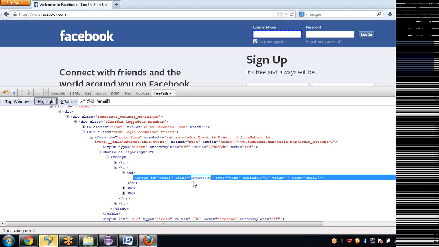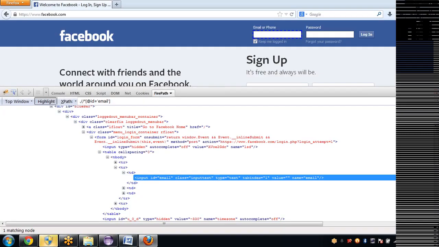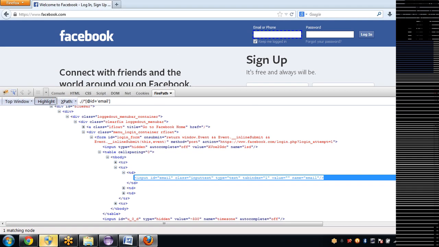See, now you have everything. This is Facebook and the developer has strictly written all the properties. Tomorrow if you go to another site, there may be no ID for that. But what do you do? There may be only the name attribute. Okay, then you can use this. Or sometimes there will be only a class attribute for that email and there will be no input ID, name and all. Then you can use this.